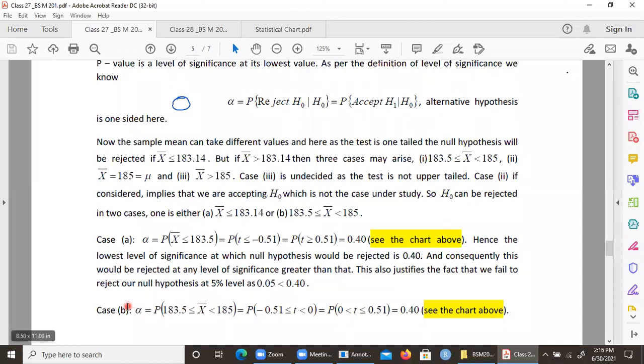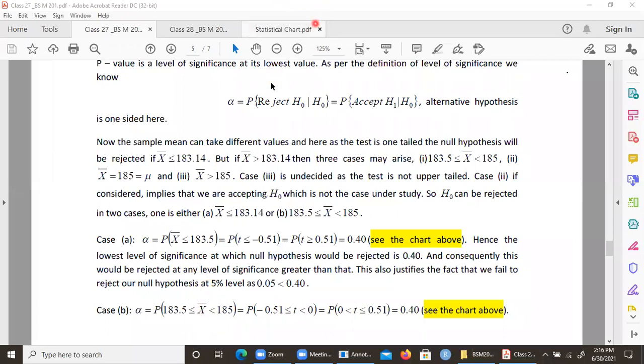This is one part. What will happen for case B? In case B, the same thing is going to happen. In case B, the other area that I'm not considering as acceptance region is this one. So X bar can actually fall between these two. What will happen over here? If I repeat the calculation, if I standardize the variable,